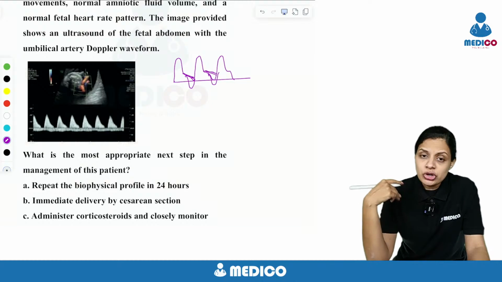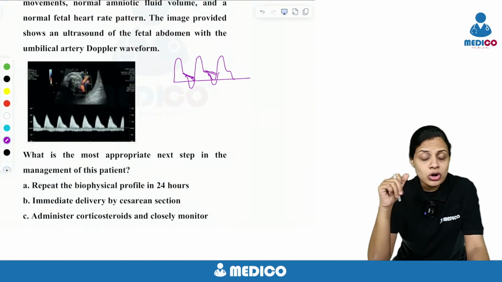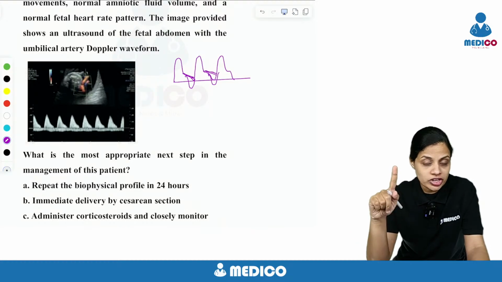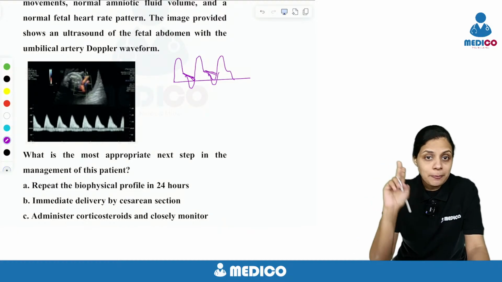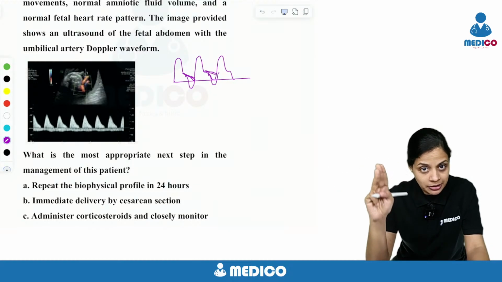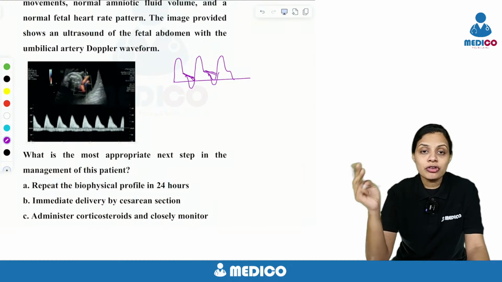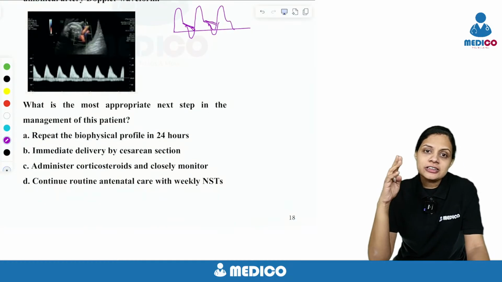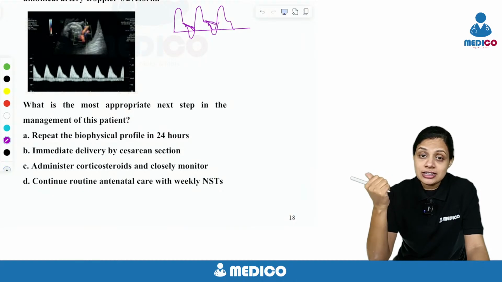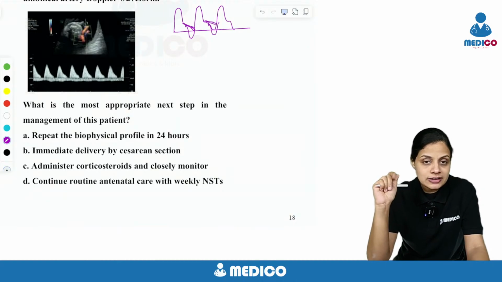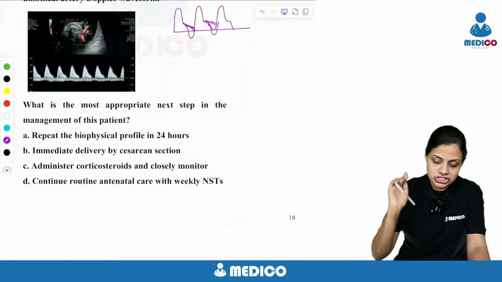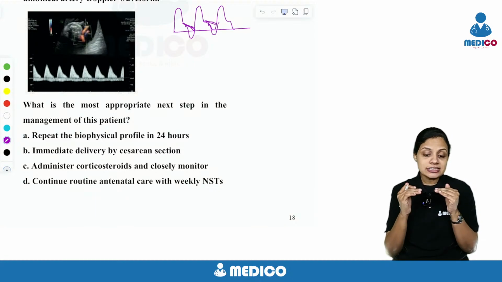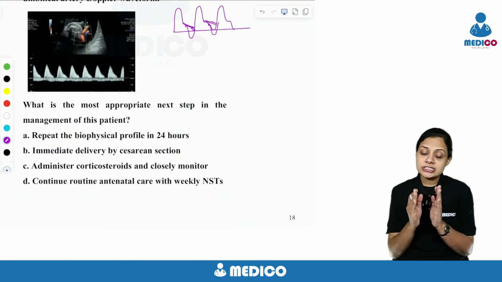When you're doing a Doppler, all three systems are looked at. That is the maternal, where you look at the uterine arteries, the placental, which is the umbilical artery, and the fetal, which is the MCA. After all these, we also look at the ductus venosus, again a fetal system. If there is a change in the umbilical artery, it indicates a circulatory compromise, that is, there is something wrong with placental function. As I said before, the umbilical artery is a low resistance system, characterized by a forward low resistance flow.